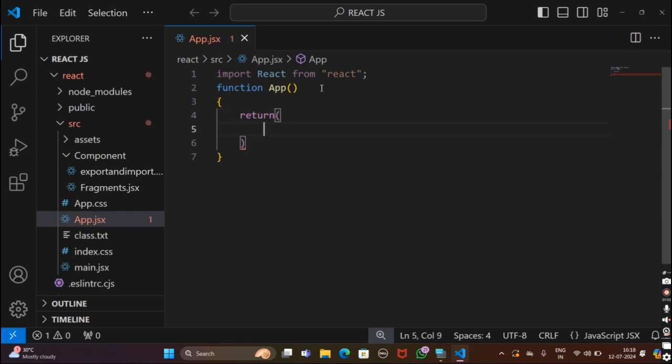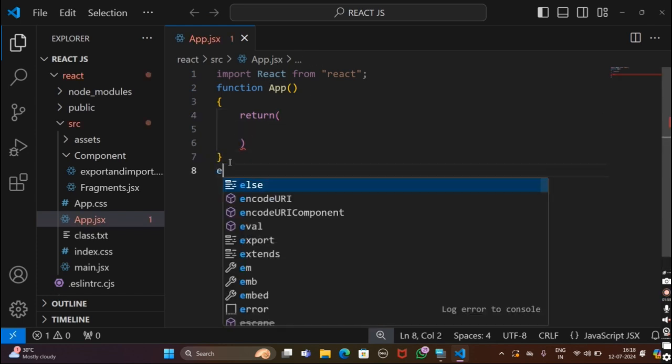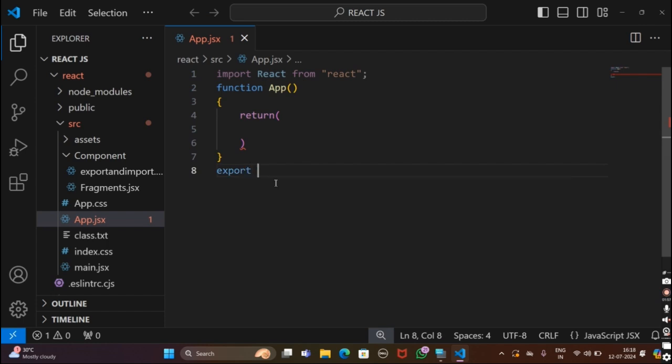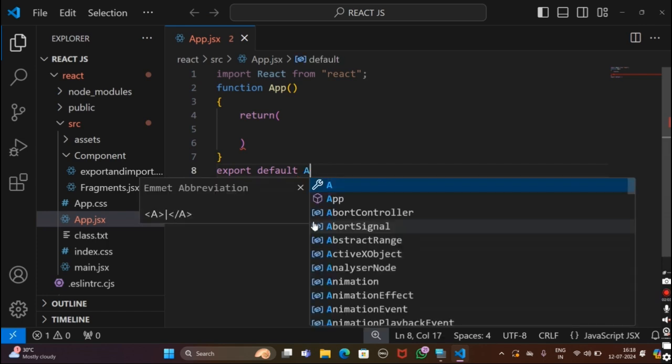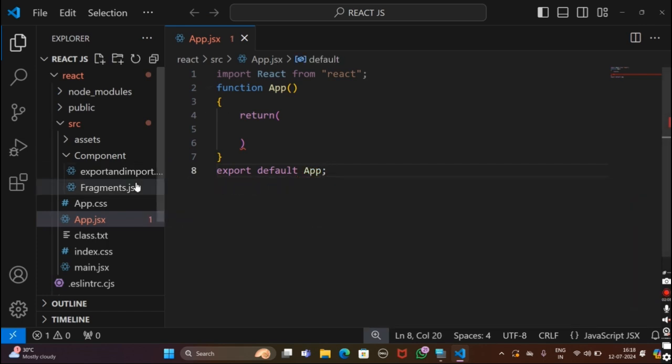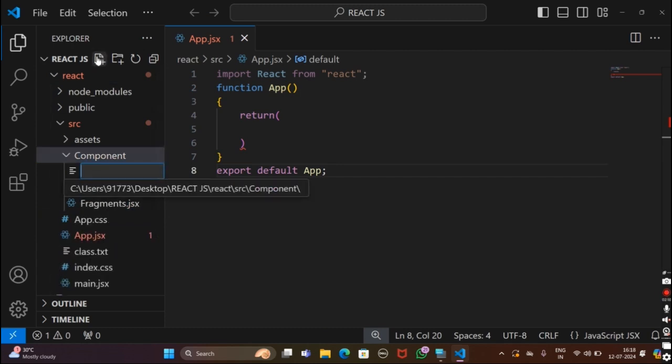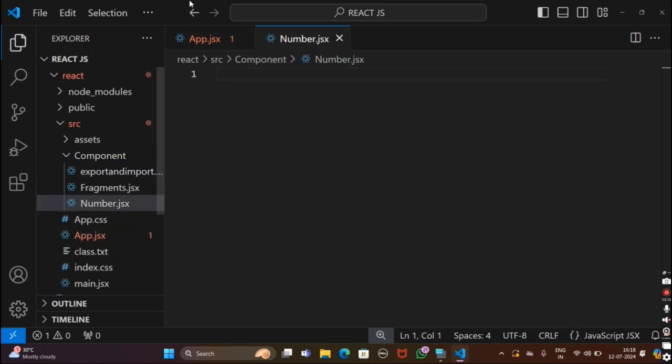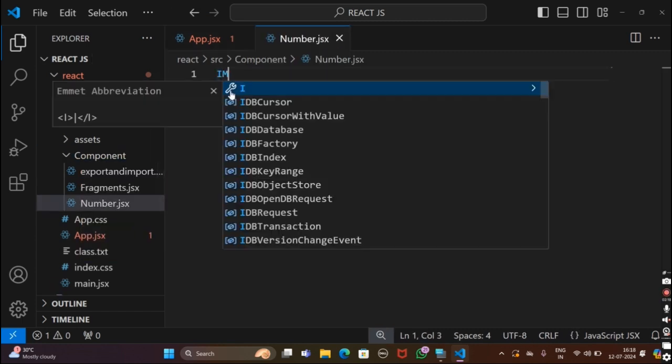And for the return statement, we need to write our elements, right? Okay, now I will go with elements later on. First I will create just a structure, and default will go with as app. Next, create here one component for the number. Then I will take it as number.jsx, enter, and create a function by using